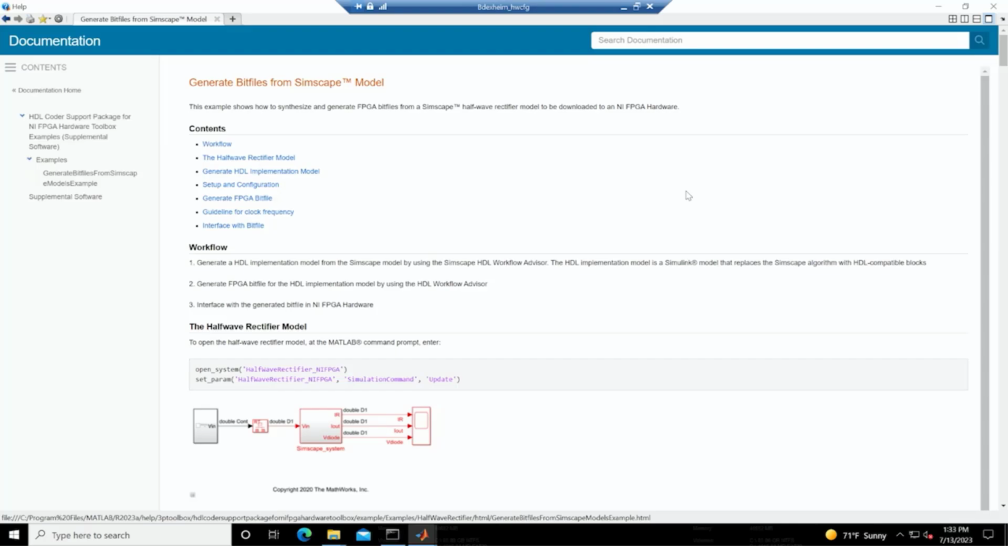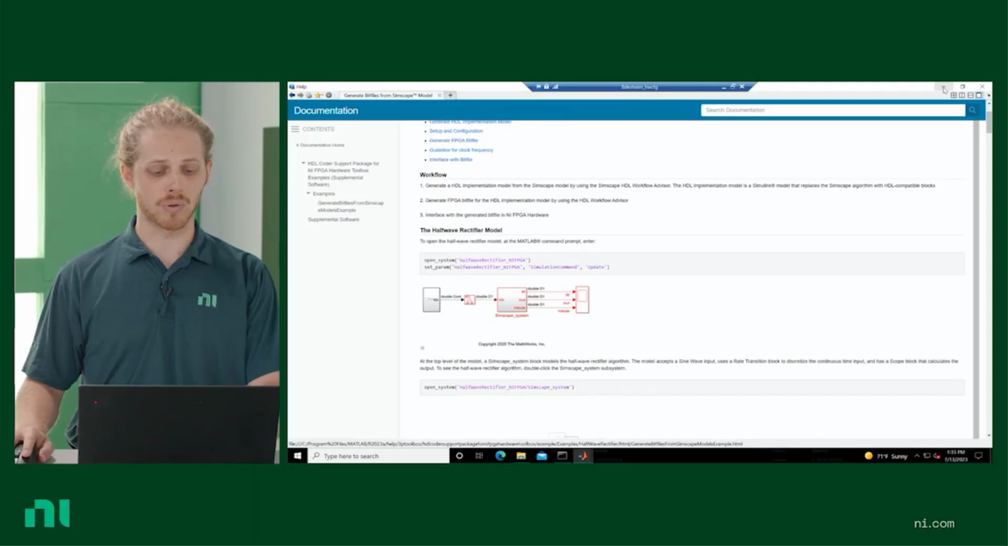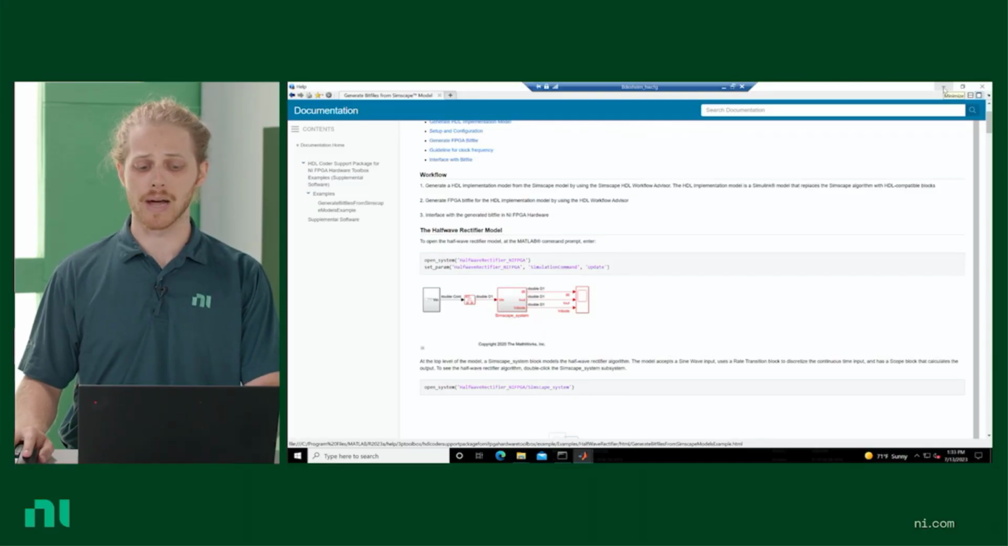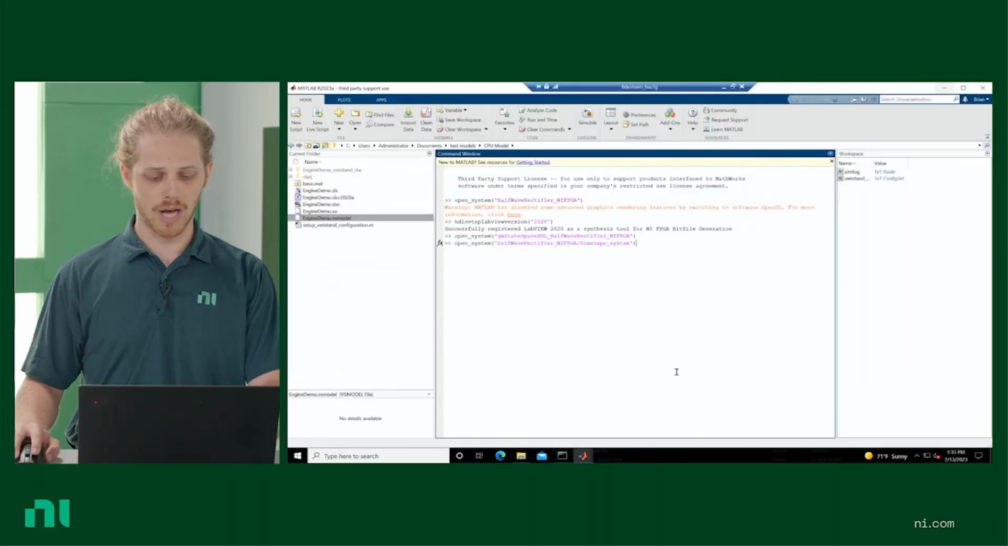In this case, we can walk through all these commands. It's a simple half-wave rectifier model. It's a Simscape model as well, so we support that environment. And I'll step through a little bit what that model is and how we can actually compile a bit file compatible with NI FPGA hardware now. So to get started, I'll open up that model,